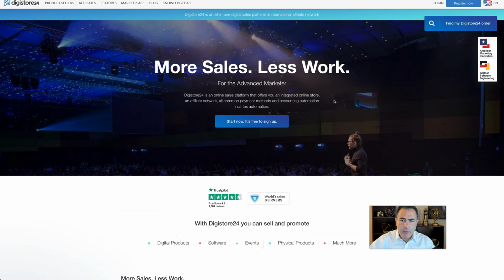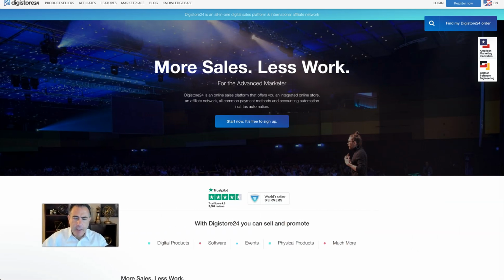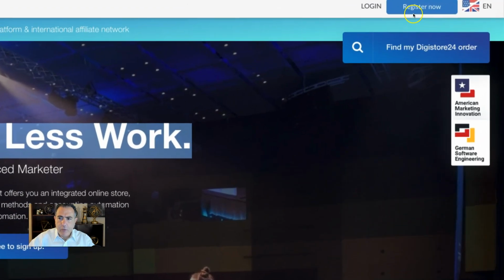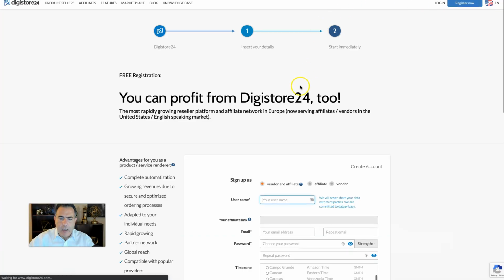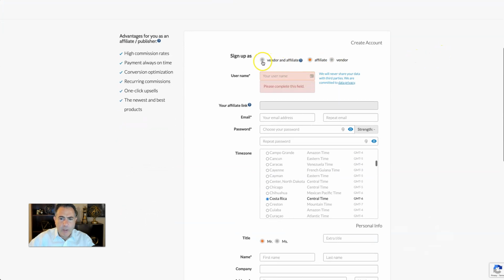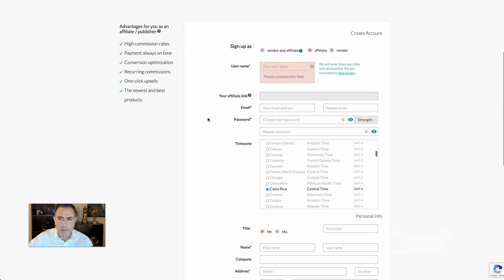Okay, so to create an account on Digistore24, all you gotta do is go to their main website. All you have to do is click on register right now, and then you have to fill out all this. Now, one thing you want to do is click on affiliate, because you don't want to deal with a vendor. That is if you are making a product. You don't want to deal with that because there is some stuff that will pop up there for you.